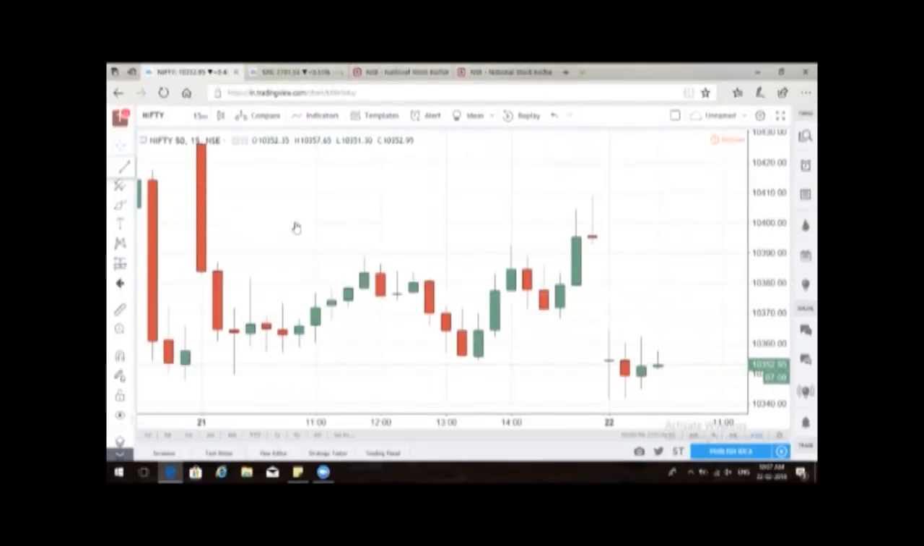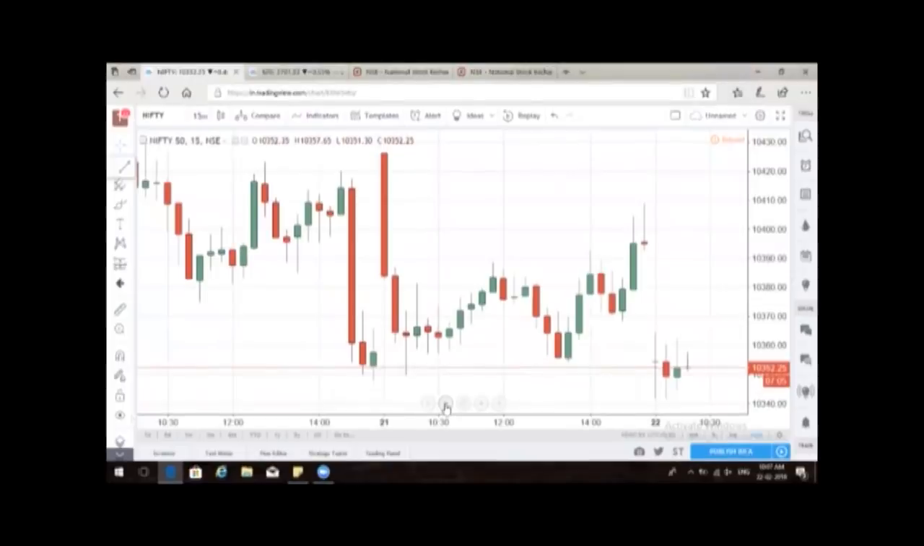When I see the 15-minute chart, things become way clearer. Yesterday also it gapped up, selling took place, it came back to this gap level, and then the bounce took place. Now today again